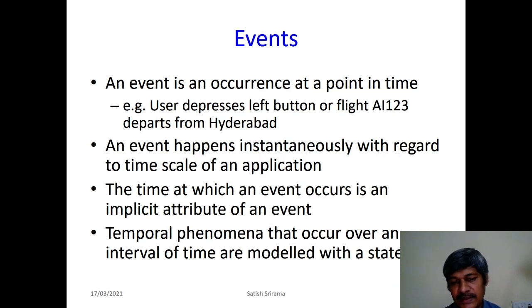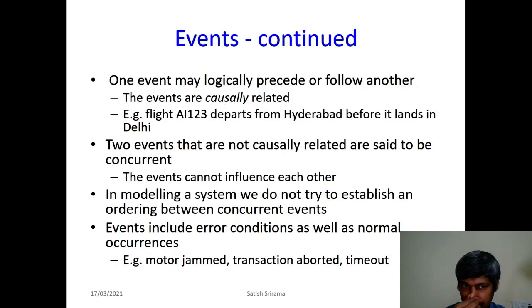Okay, so basically whenever an event is considered, we assume that it happened instantaneously. The time at which the event actually occurs is an implicit attribute of that event. So you don't have to specifically define it, but it is assumed. Hope that is clear. Events may happen in such a way that one event may logically precede or follow